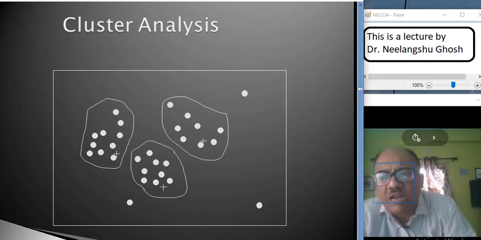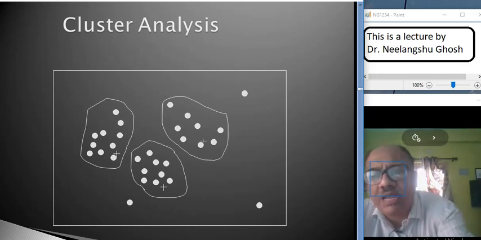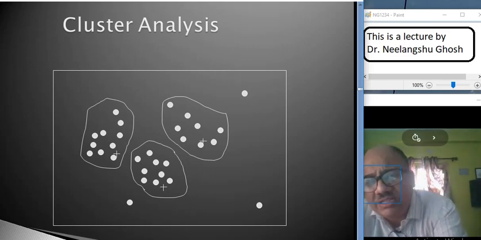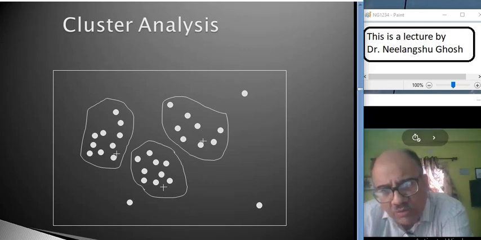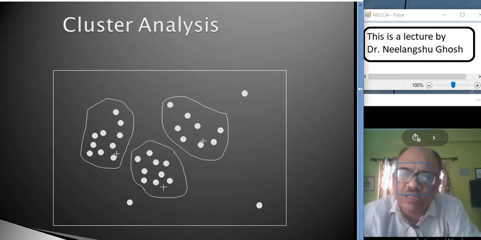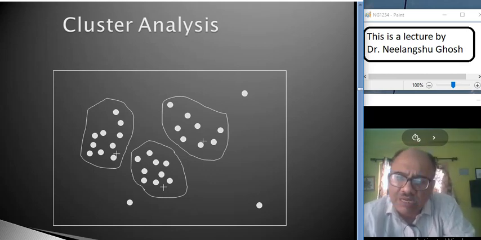We could have made a group like this, and this could have been an outlier too. But since it is also near to those particular values, and all the shapes of the clusters are similar, that's why we have made the clusters in this way.